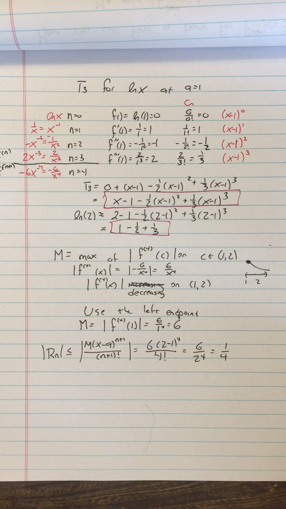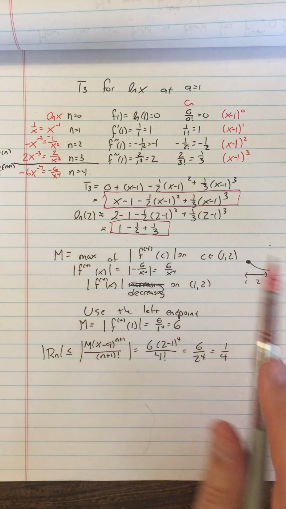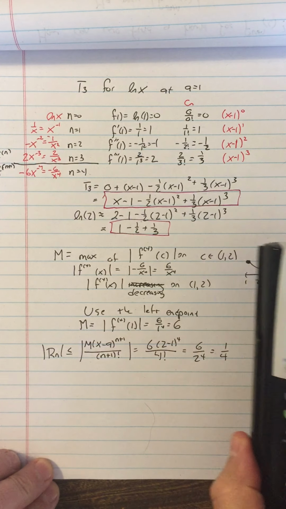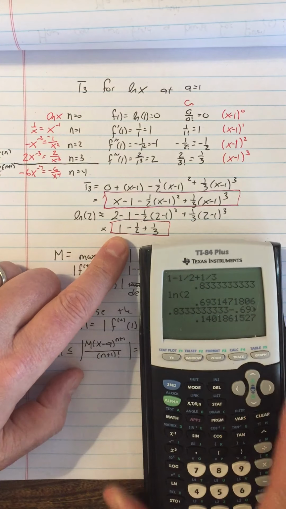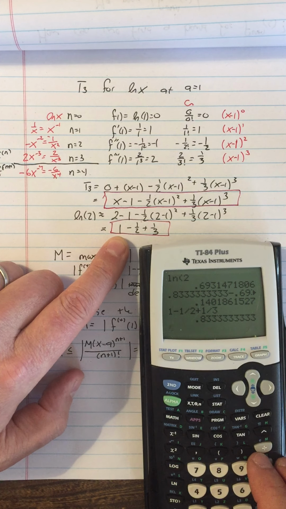Now we can check some of these things out because it's kind of interesting. First of all, I'm estimating ln of 2, and look, I got the alternating harmonic series. We already know the alternating harmonic series converges to ln of 2 from our earlier work. Let's just clear everything out. My third degree Taylor estimate of ln of 2 is 1 minus 1/2 plus 1/3. That should be close to ln of 2. That's 5/6, and then ln of 2